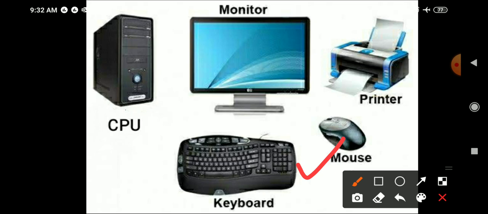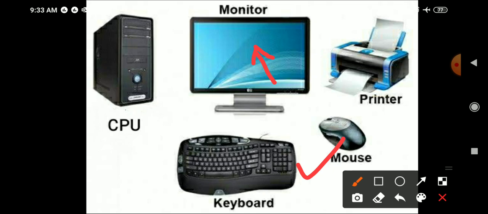Now what happens when we move the computer mouse on the table? The computer mouse detects it, right? And all these signals go to the computer, and the arrow on the computer also moves in the direction of the computer mouse, right?